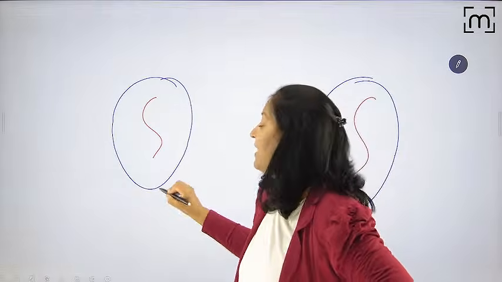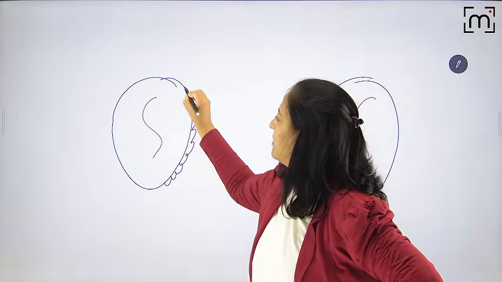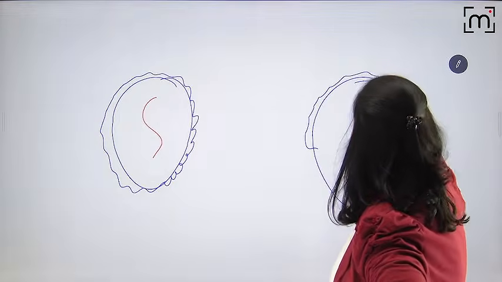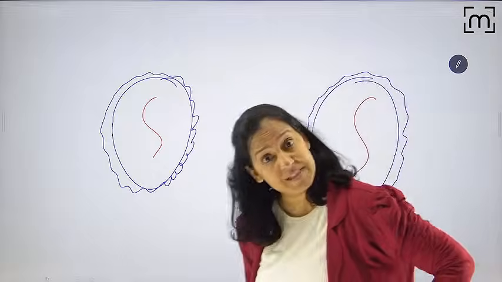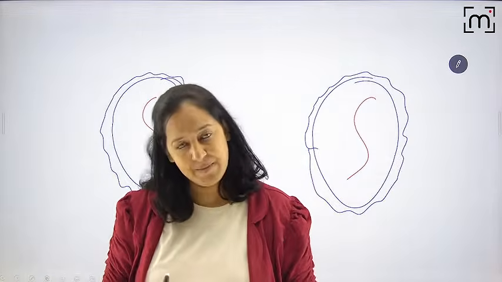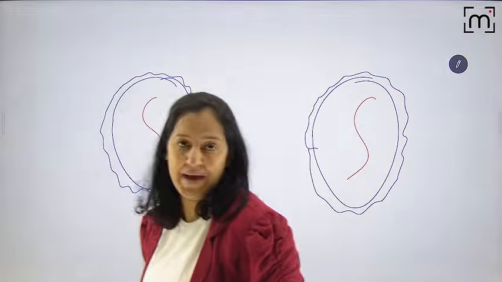Capsid, protein covering. It is a polymer made up of monomers. The monomer is the capsomer. You can see this is the monomer. Multiple monomers are there. The monomers are the capsomer. So capsid is made up of capsomer. Nucleic acid is present in both. Capsid is present in both. But the third thing is not present in both. That will differentiate the 2 viruses.